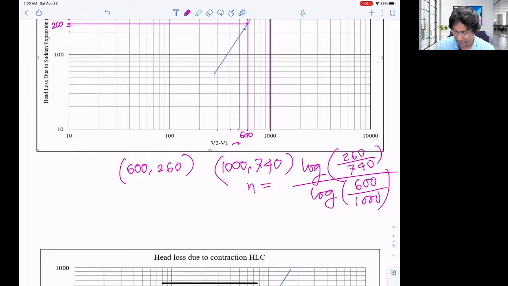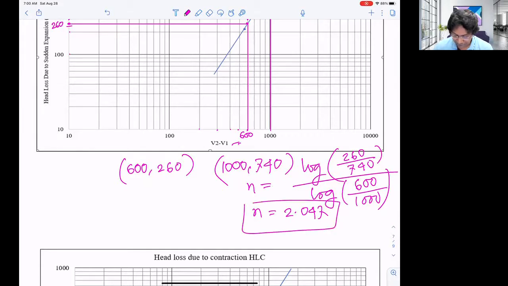Log 260 divided by 740 divided by log 600 divided by 1000, and we are gonna get 2.047. What is the value of n? The theoretical value was 2, V2 square, k V2 square. So from that we got